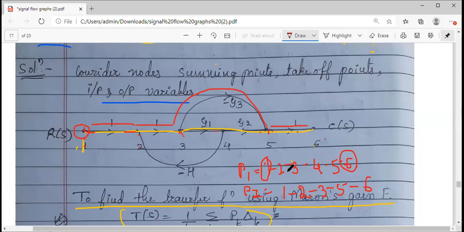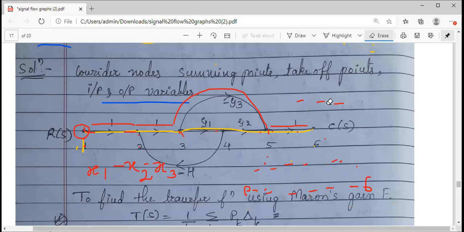If you are using the numbering 1, 2, 3, 4, differentiate the numbers by means of a hyphen in between. It will make it clear that these are not numbers, these are nodes. Or if you are using x1, x2, x3, just use hyphens like this: x1-x2-x3. So this indicates a forward path and the nodes. So there are two forward paths. Any other forward path available?